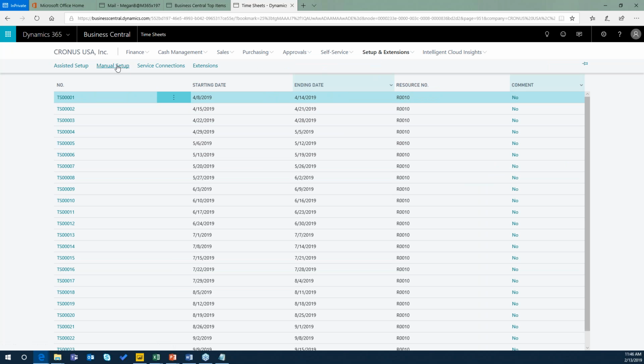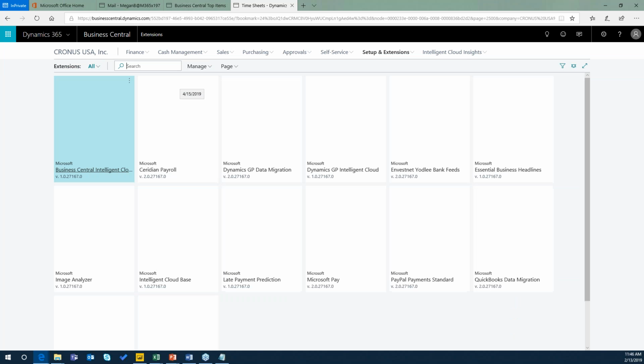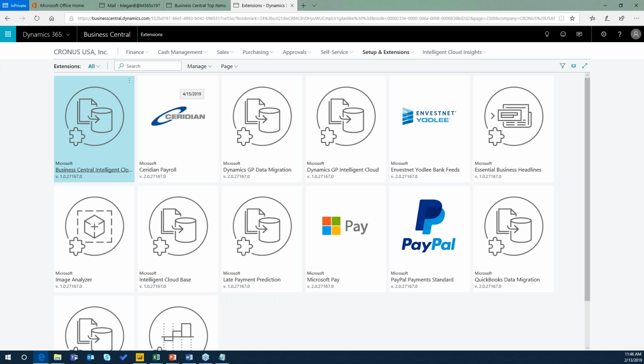Now we touched on a little bit about the extensions, and one of the things you may have noticed is I don't have payroll within the system. I don't have fleet management or truck management or something like that. So Microsoft has really dialed back on some of the things that they were providing here. And much like other products like GP or AX and Nav, what we can do is go out to the third-party marketplace. And when we go out to the third-party marketplace, Microsoft is looking at these organizations to